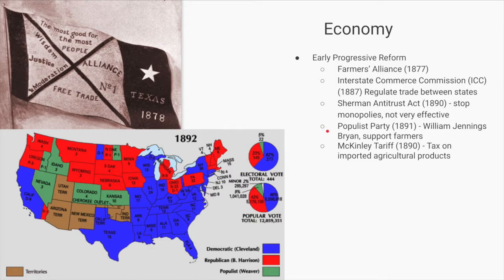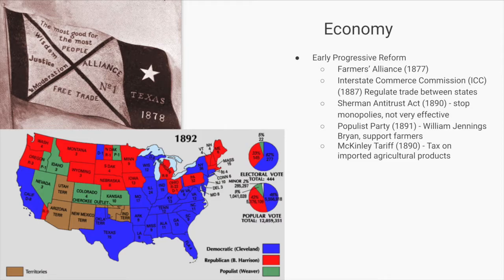You should also know about the Populist Party, or the People's Party. William Jennings Bryan is a big supporter of this Populist Party, and it's supported by many, many farmers, okay? This is like the farmers' party of the time. Again, looking for that silver currency and trying to regulate railroads, things like that. You can see in the 1892 election, a significant amount, 9% of the popular vote, goes to the populist candidate Weaver, so they do make a significant mark on that election.